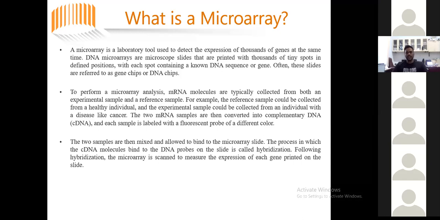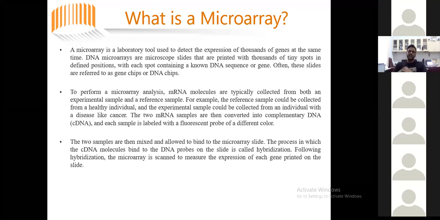These can be cancerous or non-cancerous, septic shock or non-septic shock, diabetic or non-diabetic. That means one condition needs to be a reference or control and the other an abnormality condition. The total mRNA from both conditions is extracted and reverse transcribed using the reverse transcriptase enzyme, and following that the hybridization takes place.